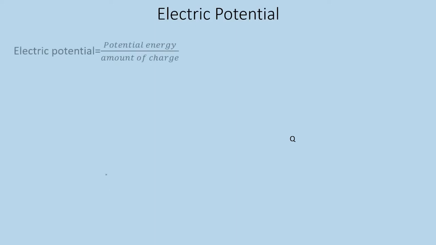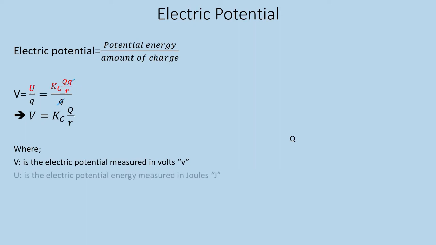So now we will use the same formula. Electric potential energy over the amount of charge gives the electric potential. So V equals U over Q. In the slide of electric potential energy, we said that U is equal to Kc Q1 Q2, or QQ, over R. So I replaced the electric potential energy by its formula, the part in red. It's still over Q. So Q crosses out with Q, and we get V equals Kc Q over R. This is how we derive the formula,